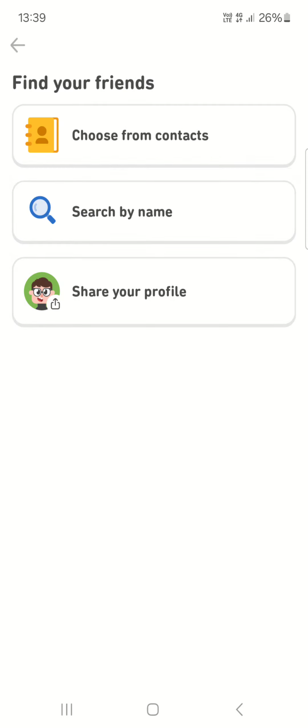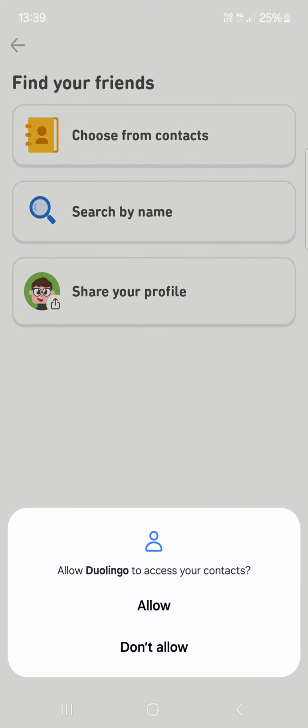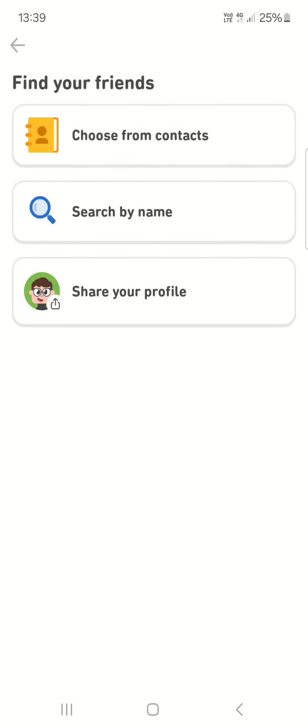choose from these three categories. We can either choose from contacts. So if one of our friends that we have in our contacts list uses Duolingo, we can just tap on choose from contacts, tap on allow, so that the app has access to our contacts, and then just add our